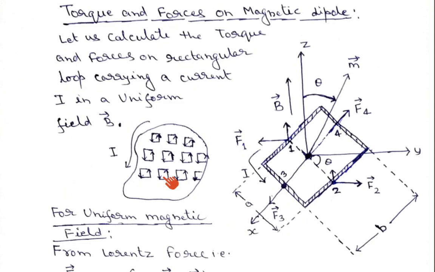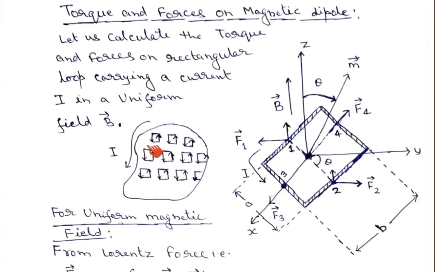Similarly, if the electron is spinning, since the electron is spherical in shape, because of the spin of the electron there will be a magnetic moment. We have calculated the magnetic moment due to rotating or spinning spheres. So in any material, the magnetic property comes from the revolution of the electron around the nucleus and the spin of the electron around its own axis. That is the intrinsic property of a material, and that is why magnetism has come into the material.